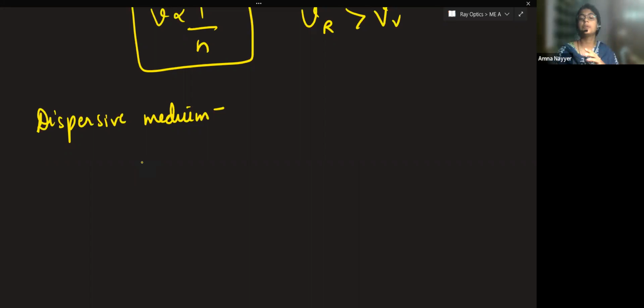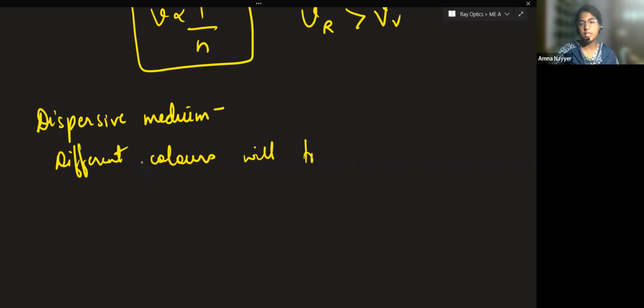It will disperse itself because different colors will travel with different